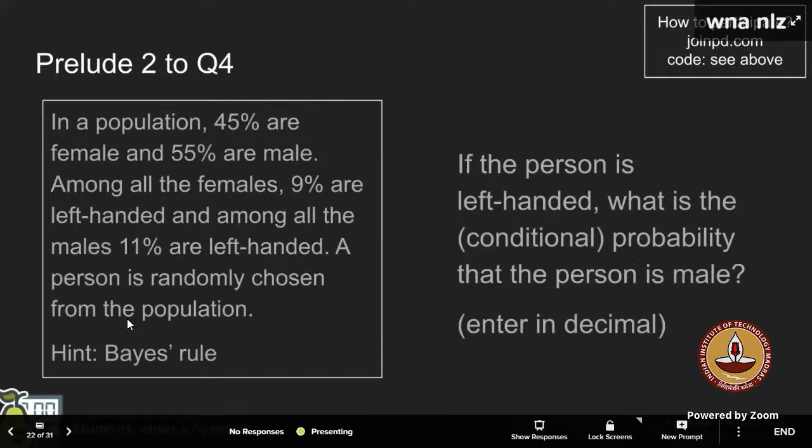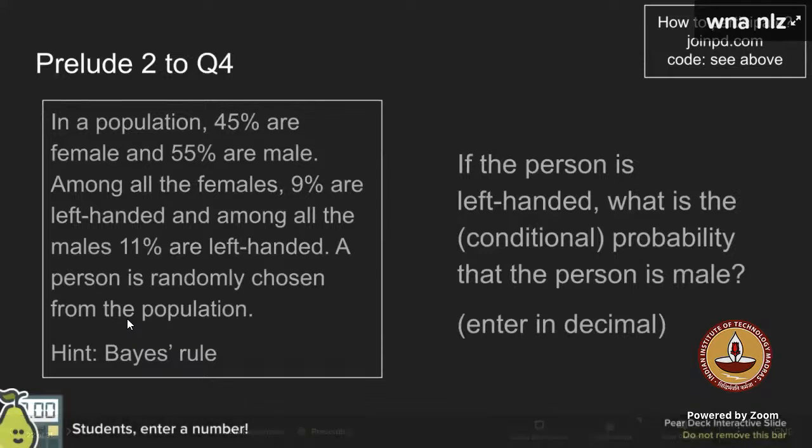Okay, this is the next question. The previous question, as you can see, we solved using the total probability rule. What we did in that question was total probability. Now for the next question, we have given you a hint: go for Bayes rule in this question.